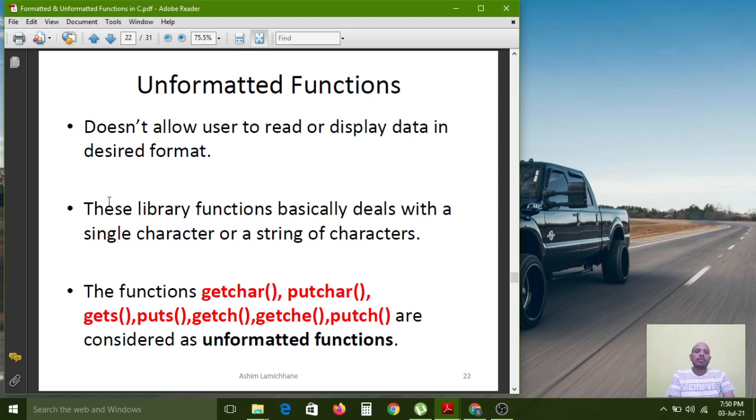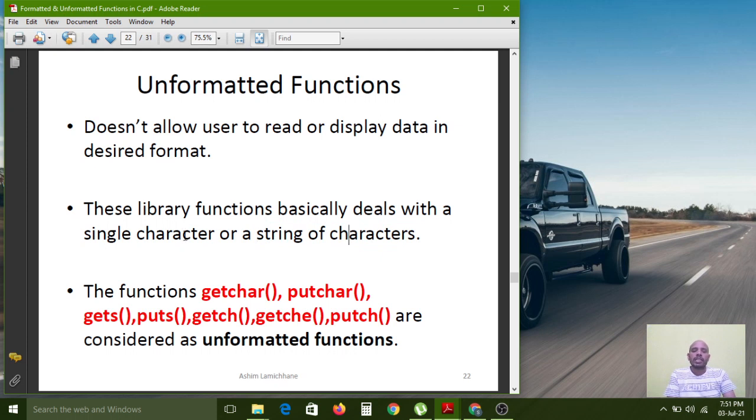And the next point is: these library functions basically deal with a single character. Unformatted functions are used for single character usage or for strings of characters. Actually, the string concept is not related to our syllabus, so I am ignoring it.